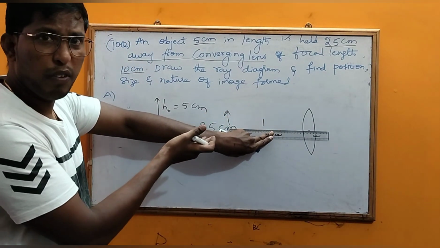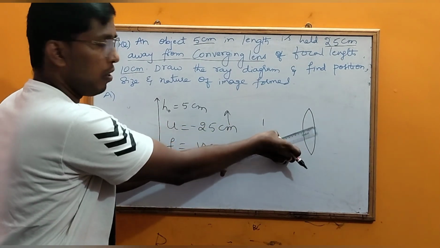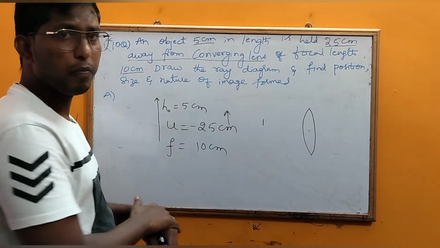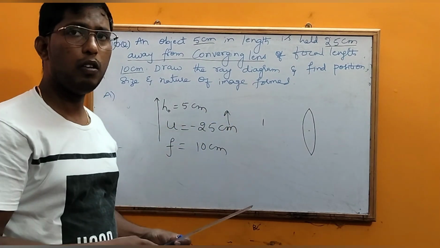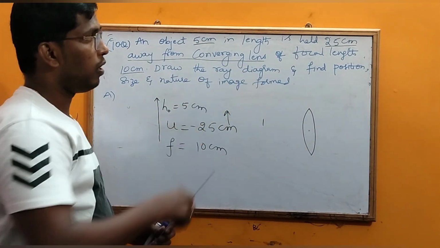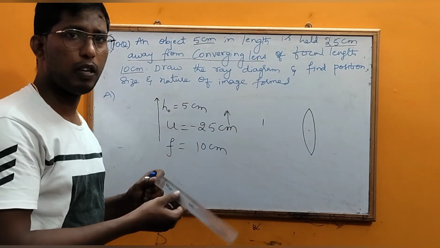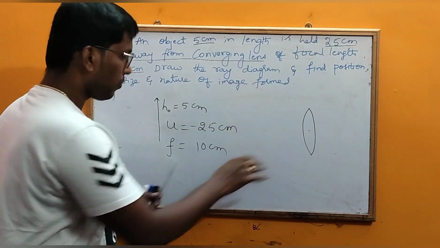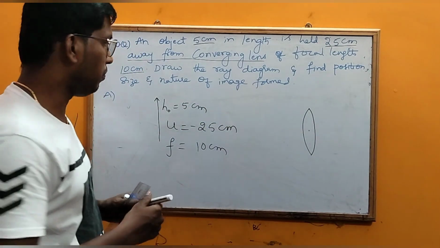Now it is possible for me because I have a big long board. But when you draw in the book, it is smaller. So how can you draw? Using these, the length is more here, which is given in the question. Length is more, so what I will do is I will consider this 5 centimeter